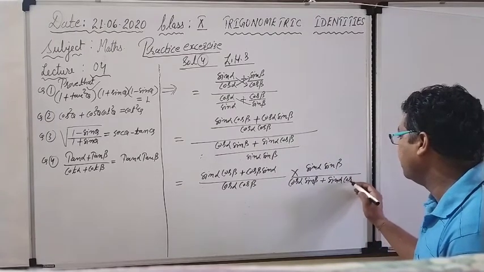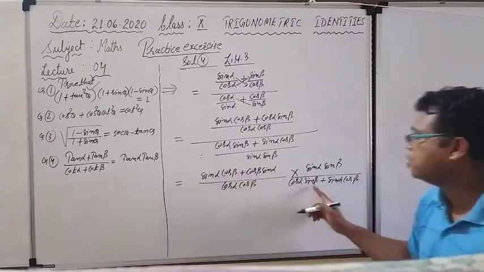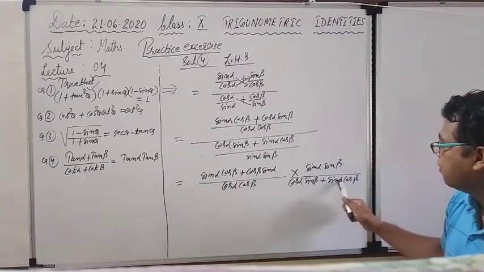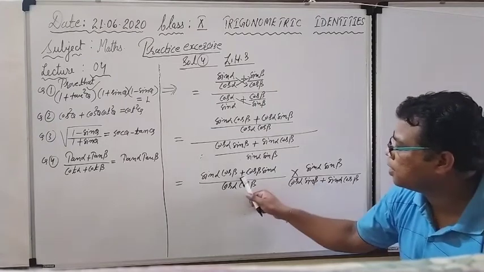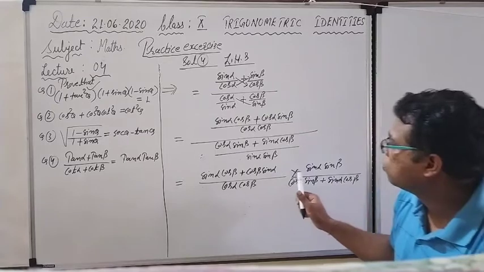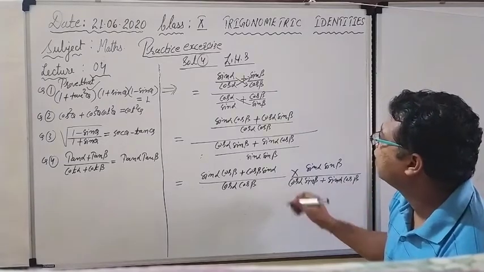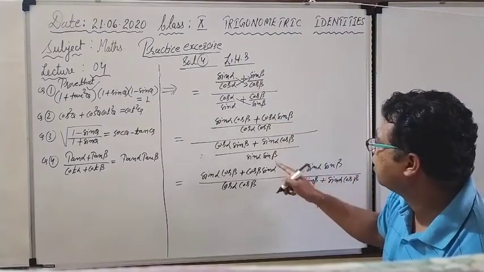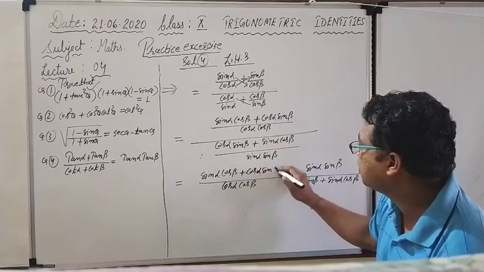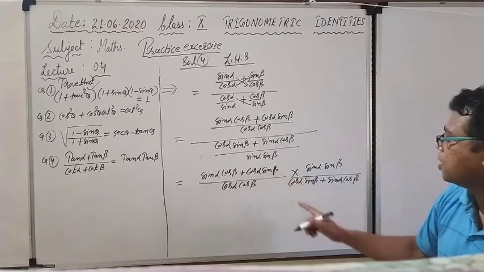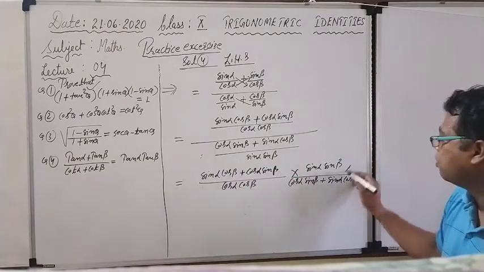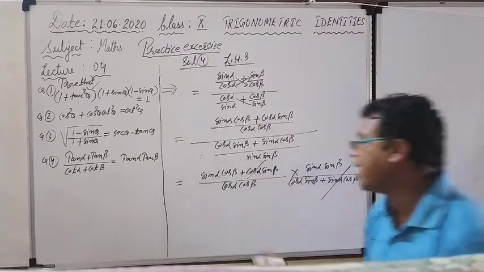Need not use the brain. Sin alpha cos beta, sin alpha cos beta. And if you check, these both terms are equal to each other. Again check, sin alpha cos beta is there, sin alpha cos beta is there, plus sign is there, plus sign is there, cos beta sin alpha. Okay, so actually it was cos alpha sin beta, I wrote it a little wrong, so check above again. Cos alpha sin beta plus sin alpha cos beta, both are equal to each other, so these are going to be cancelled.